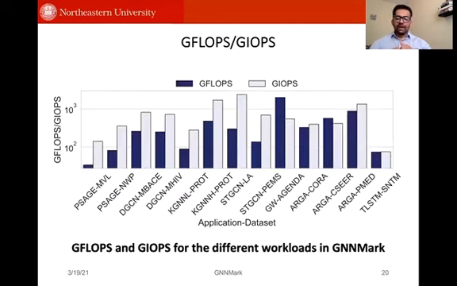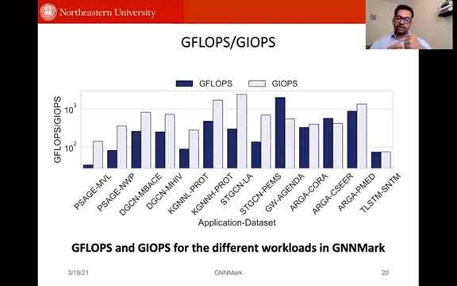Now we also analyze the GFLOPS and GIOPS and observe that the average GFLOPS is around 214. The GIOPS rate is 705. So this is much lower than the peak of 14 teraflops of the V100. And one of the things is that a larger batch size is definitely likely to improve this. But based on our survey, we observed that most of the GNN training published in literature seems to rely on smaller batch sizes. So in the future, it will be very important for GNN researchers to come up with techniques to enable training with larger batch sizes, because that's likely to improve this number of GFLOPS and GIOPS.